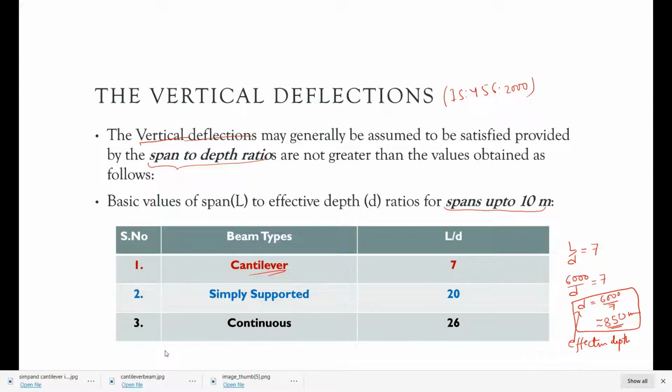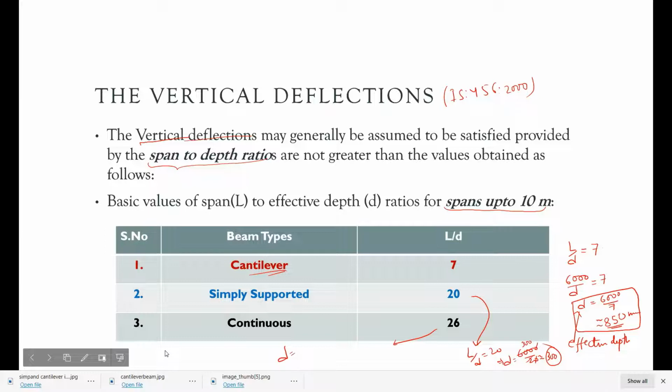But for the simply supported case, L by D is 20, so D equals L by 20, meaning 6000 by 20, which is 300 mm. So for simply supported, the effective depth required is 300 mm. Now let's see the continuous case.